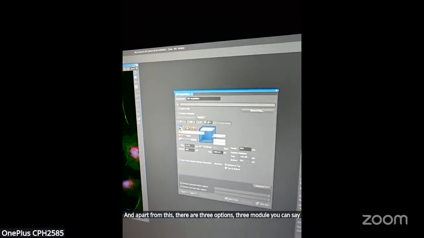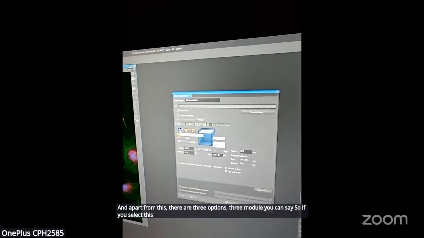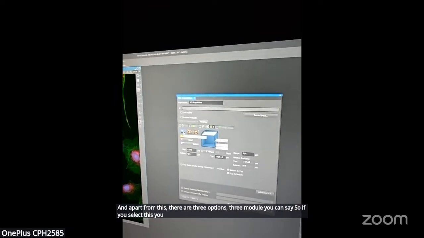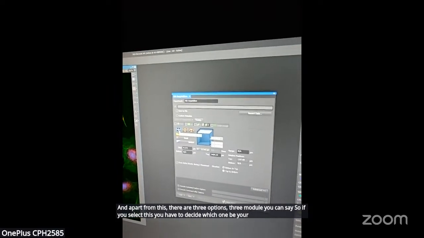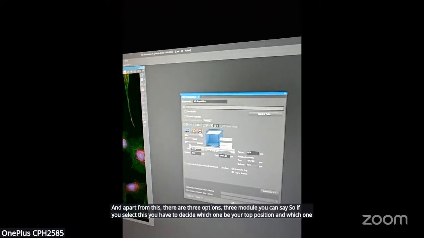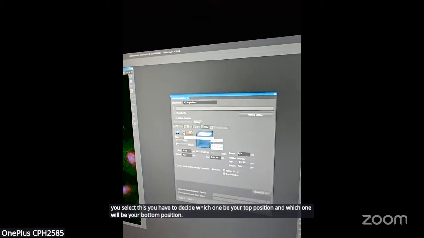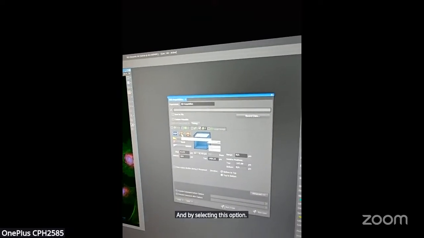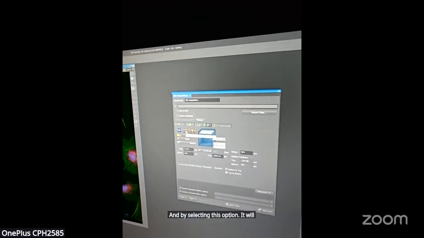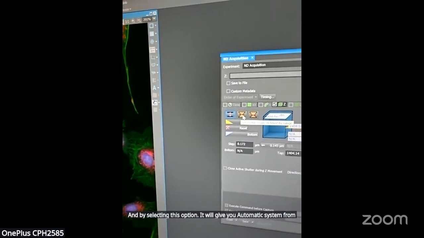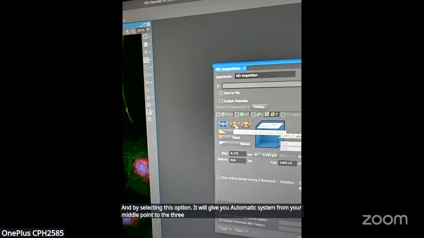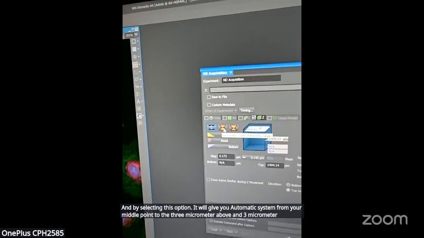So we'll click this. Apart from this, there are three options, three modules you can say. If you select this, you have to decide which one will be your top position and which one will be your bottom position. By selecting this option, it will automatically give you the range from your middle point to 3 micrometer above and 3 micrometer lower side.